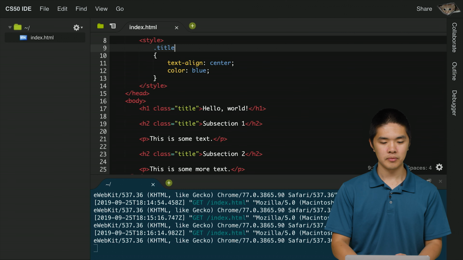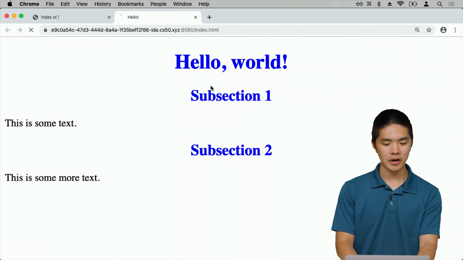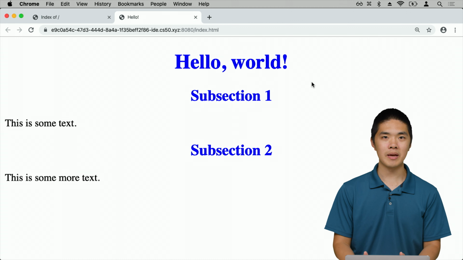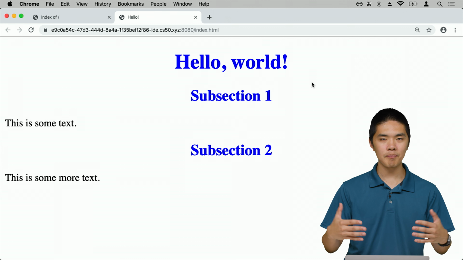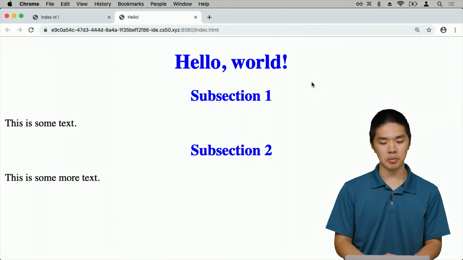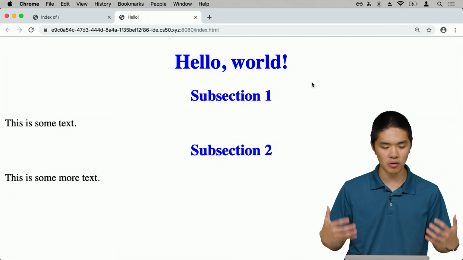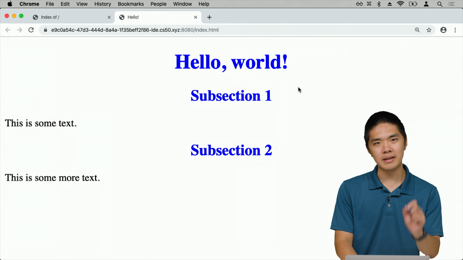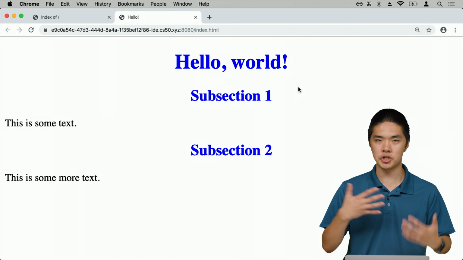its color blue. So if I go back here now and refresh the page, I see that the page looks exactly the same, but I haven't repeated myself. Now the big title at the top, as well as the titles for each of the subsections, show up centered and blue. And now, of course, the reason this is useful is not only because I'm just avoiding needing to copy-paste, but also it makes it easier to change the page if I ever want to change the styling in